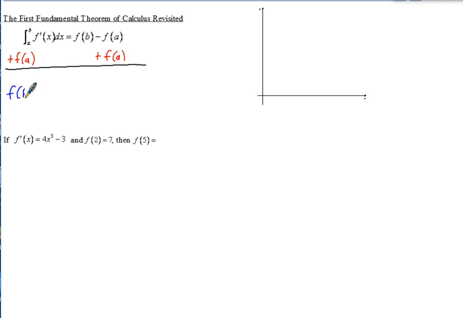So we'd have f of b isolated on one side of the equation, equals, on the other side, f of a plus the integral from a to b of f prime of x. And this is the form we're going to use the first fundamental theorem of calculus in today's lesson. So, one way of thinking about this,